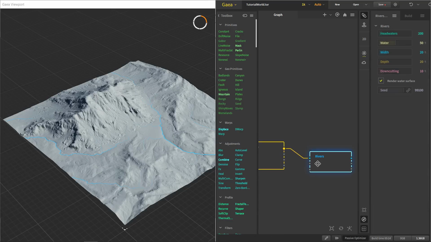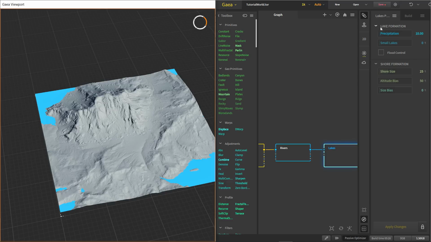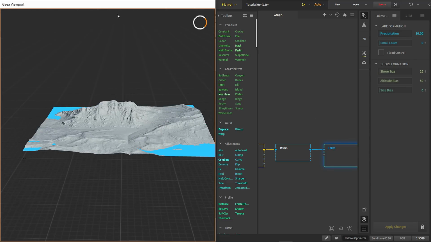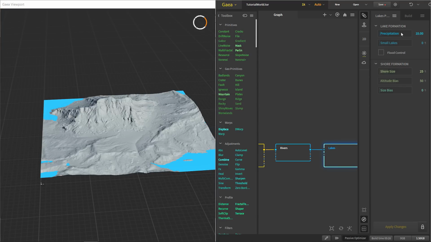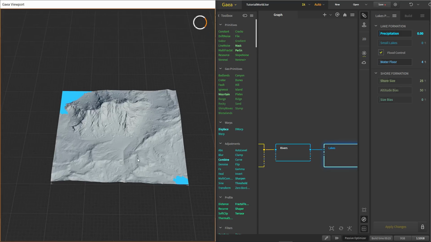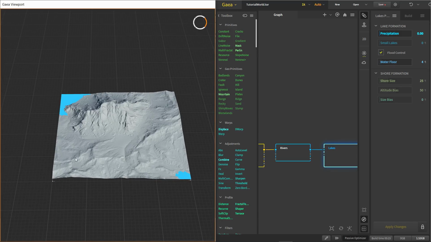And then let's put the rivers in, and finally lakes. So with lake, if you choose precipitation amount, that means the water will rain down from above, and if you put the precipitation amount to 0 and use flood control and change the water flow, this is the same as what we use in video games mostly, which is bringing the water from below as a height. So here you can clearly see the difference. This area is higher than this area. Since the water is coming from below, this area is down first and there is no effect right here. Precipitation is more of a natural way of putting water in.